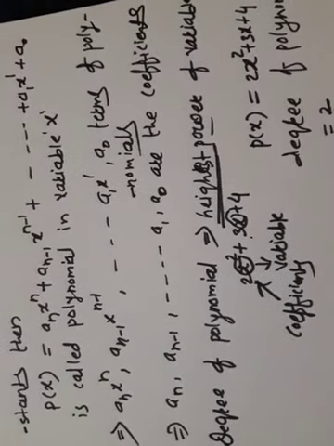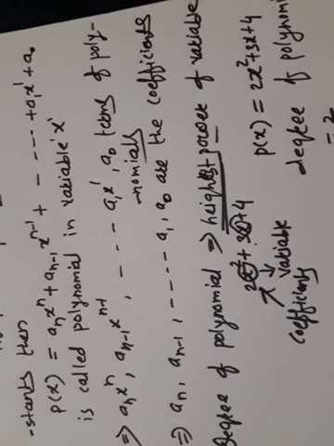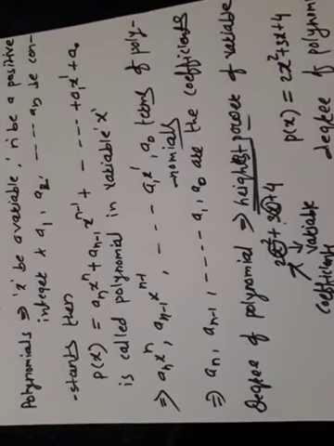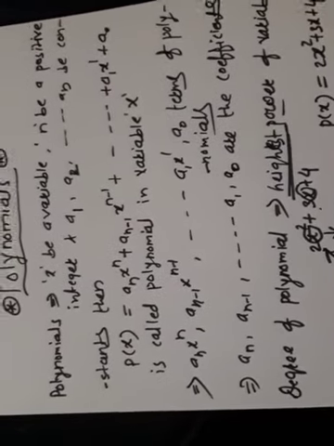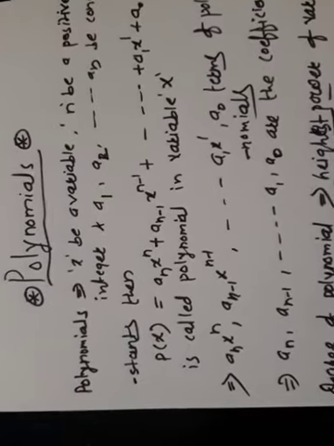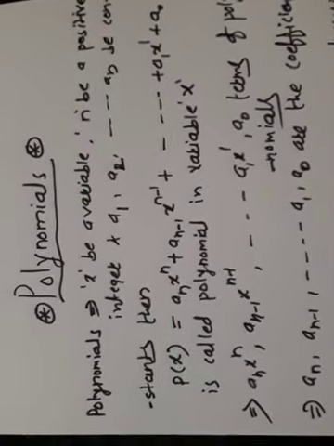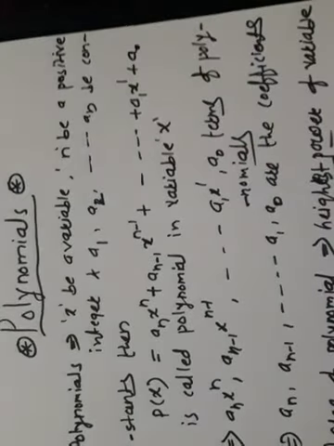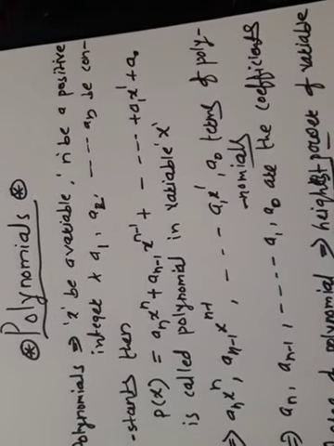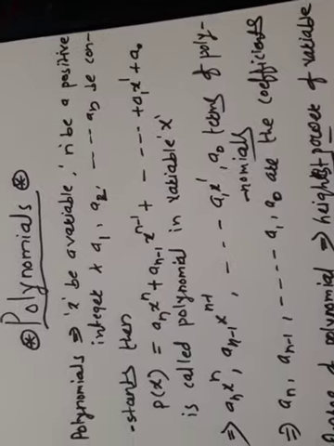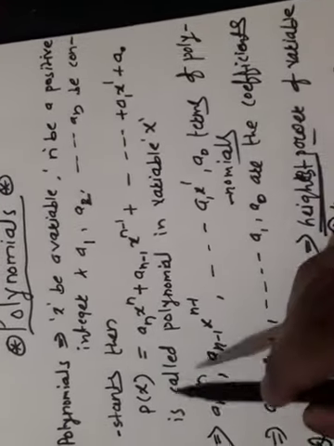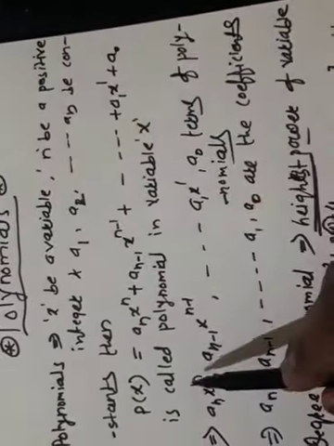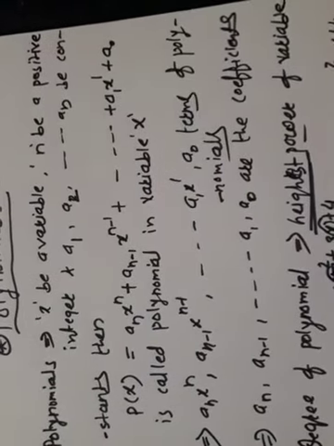Those are the very important and basic and introductory part of the polynomial. That's why you try to understand it. Once again I am going to explain here. Today I have started the lesson polynomial. In that, what I have taken: x be a variable, n be a positive integer, a1, a2 like that, a and b constants. Then the polynomial in x is explained in this form, is called the polynomial in variable x.